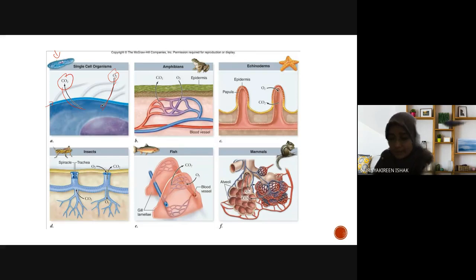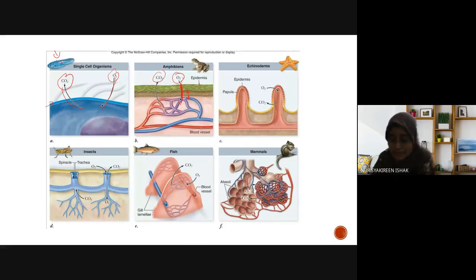Okay, so they have the pulmocutaneous circuit, where gas exchange occurs involving the skin and also the lungs. So you have oxygen and also carbon dioxide. Oxygen diffuses, as you can see, through the epidermis of the skin. Underneath, you have blood capillaries. So there is a short distance, short distance, so that oxygen can diffuse from the atmosphere through the epidermis of the skin and